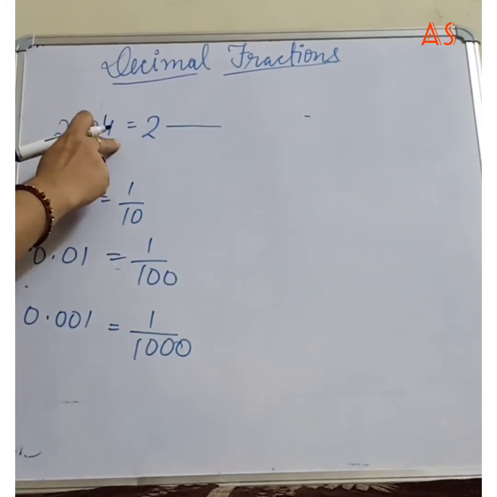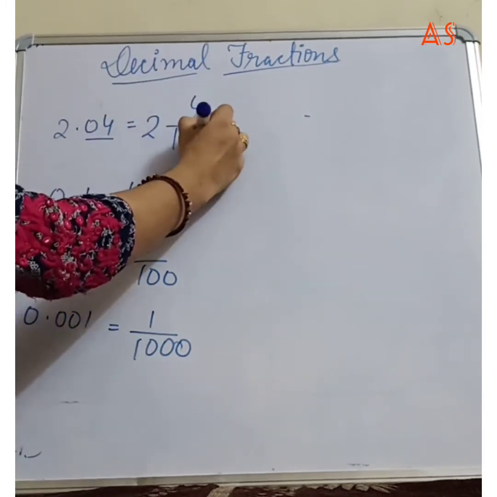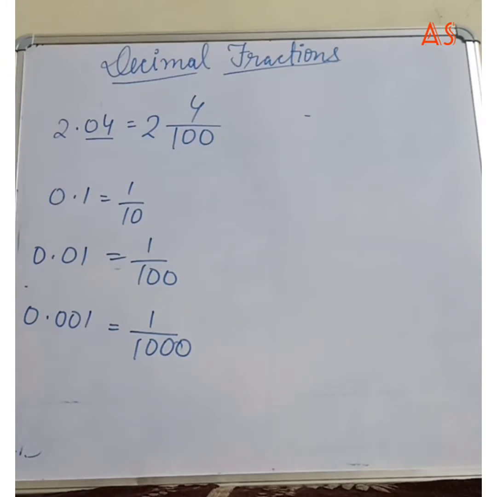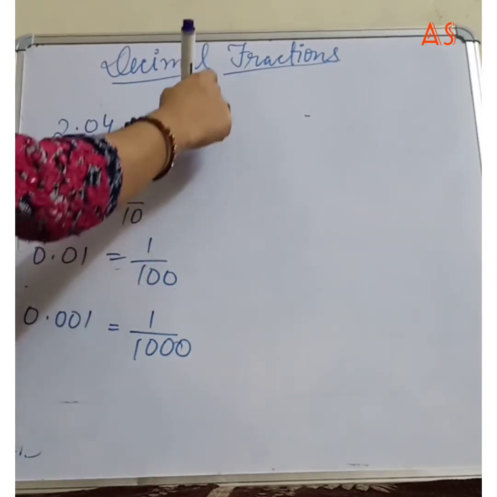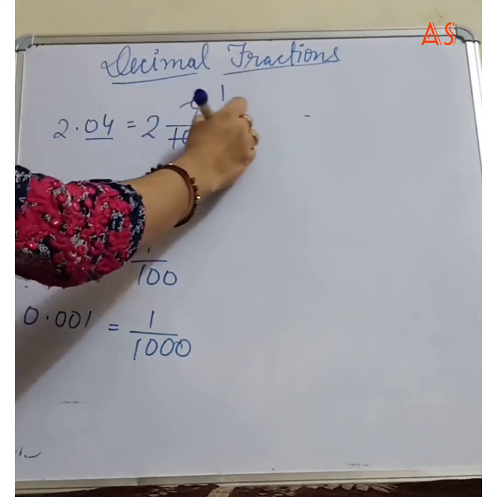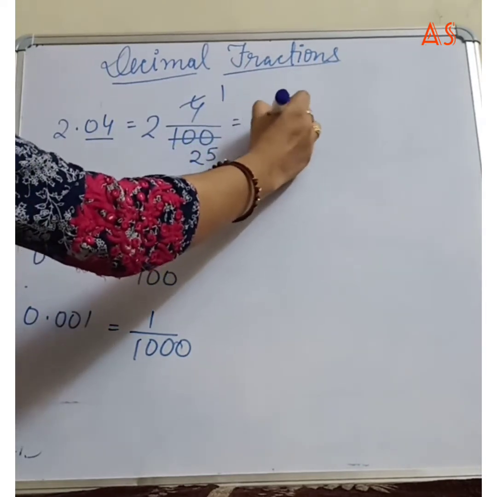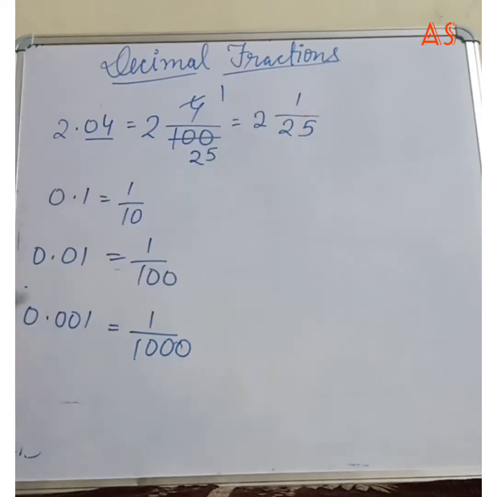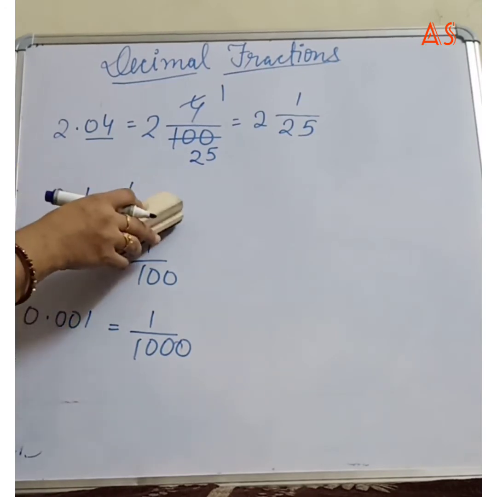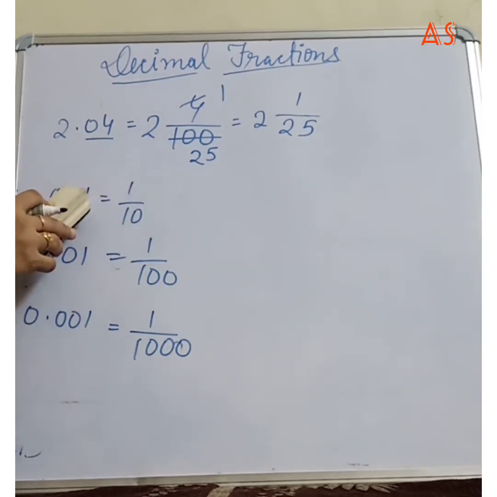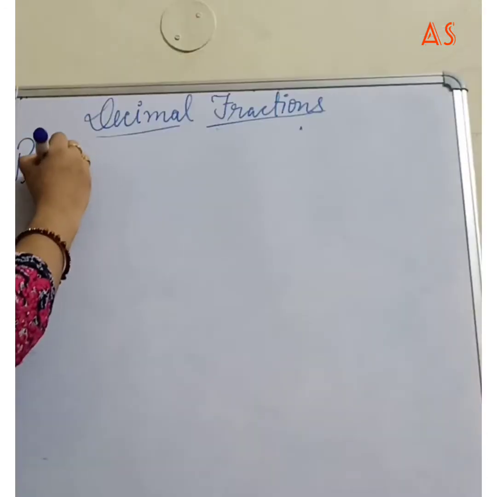So now 2 places means 4 upon 100. If cutting is there, then you have to cut directly. 4 1s are 4, 4 25s are 100. So your answer is 2 whole 1 upon 25, like this. So you remember, if a decimal is changed into a decimal fraction, it becomes your fraction. So if 1 place, then in the denominator